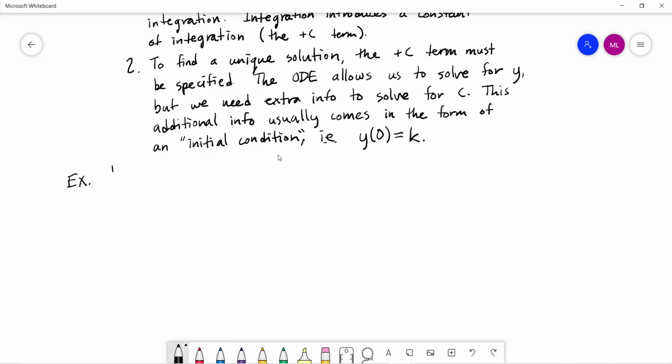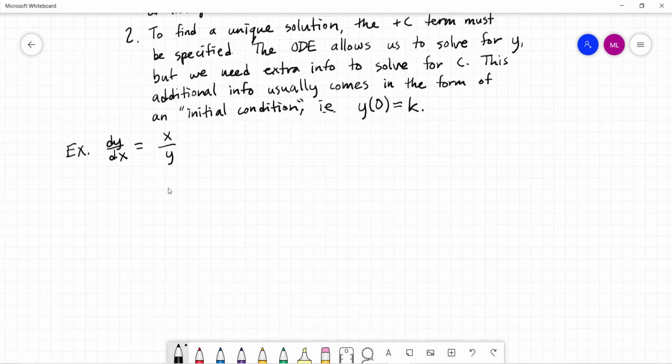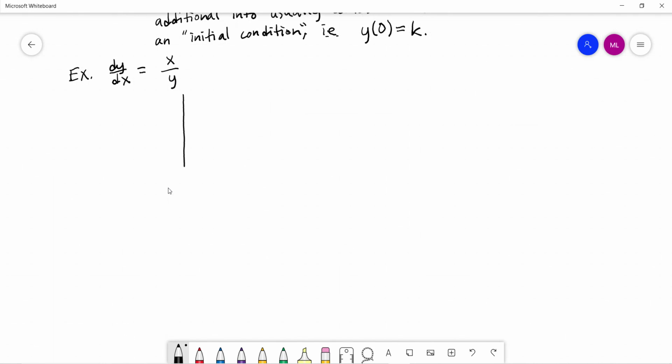Let's try another one. So dy dx equals, let's say, x over y. This equation, when we specify the slope now, doesn't just involve y, it involves x and y. So we're going to have a slightly more complicated situation here. So let me start again by drawing